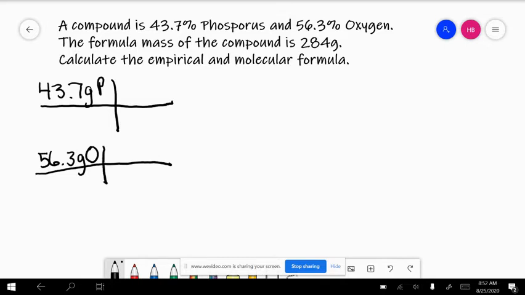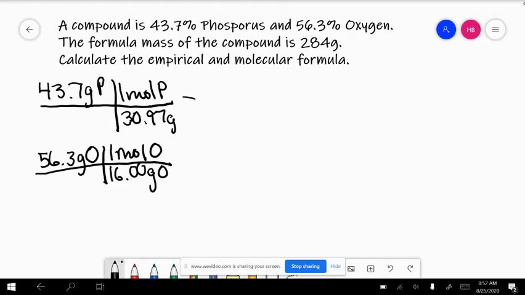First step is always to change it to moles. I'm going to look phosphorus up on the periodic table of the elements and find out it has a molar mass of 30.97 grams in 1 mole. And remember, in order to cancel things out, you have to have the units on the bottom to cancel out the units on the top. So this next step is to put them into moles, and it is a division problem. To go from grams to moles, you divide by the molar mass. And I get an answer of